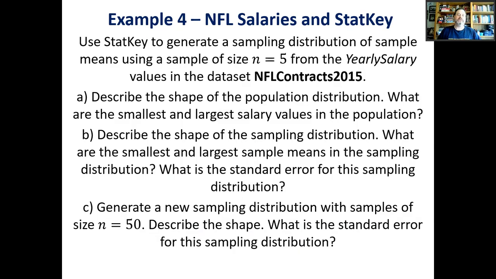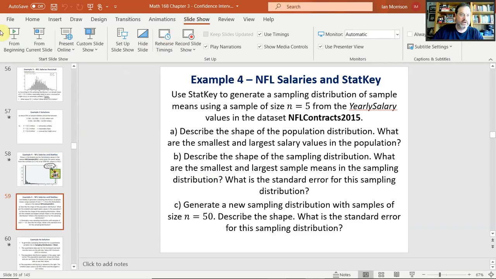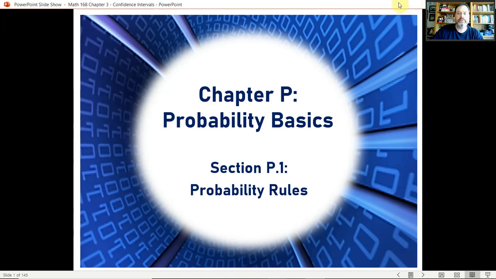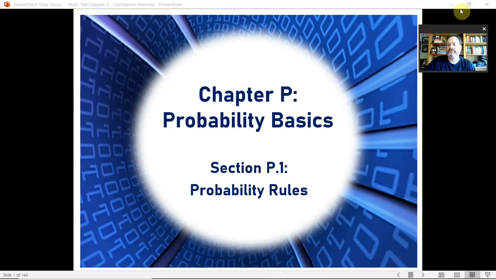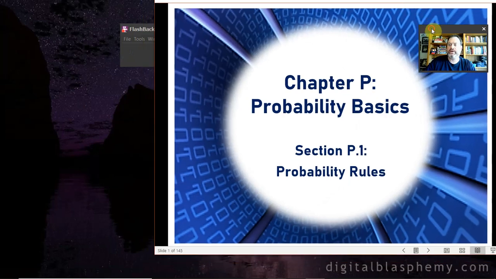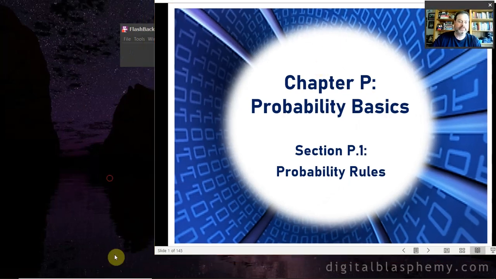So what we're going to do is use StatKey to generate a sampling distribution of sample means using a sample of size n equals 5 from these values. So I have the instructions here in the PowerPoint. I'm going to shrink the PowerPoint down, and I'm going to go into Reading View. So you guys, if you ever want to do this, Reading View is nice. If you ever want to watch a video or read a PowerPoint and follow along, go into Reading View,